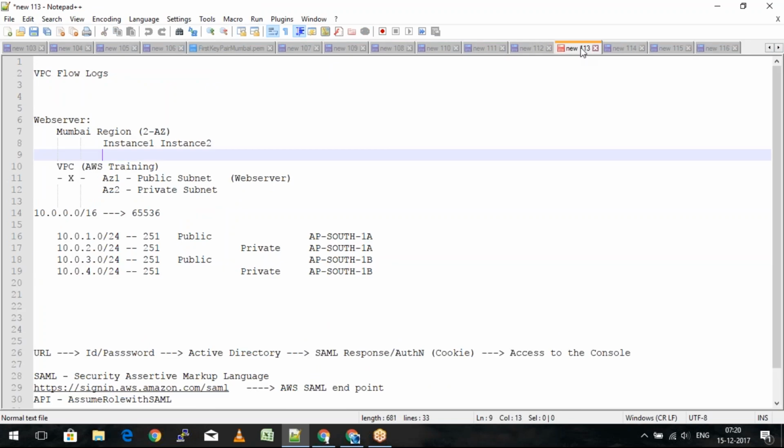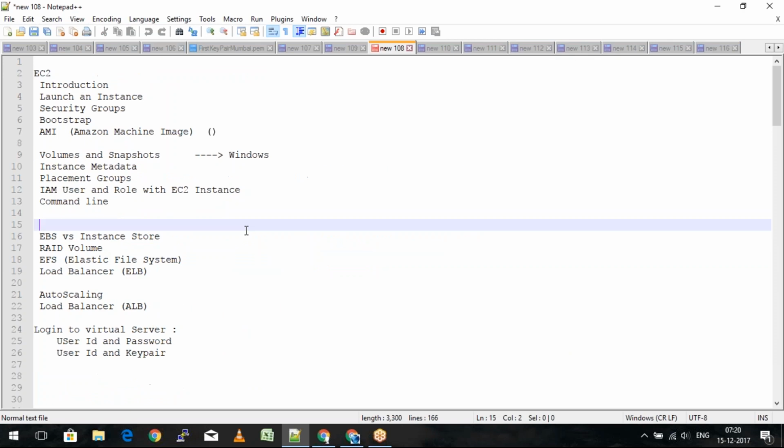So in the last part of our class, we were able to look through what is instance metadata, placement groups, and what we can do with the help of an IAM user and the role in order to help the EC2 instances connect with S3. So the roles are the most secure way of helping the EC2 instances get connected with the S3 buckets. And we also learned a few things as part of the command line on how we connect with our AWS services with the help of command line.